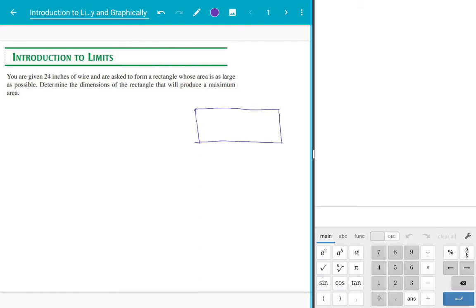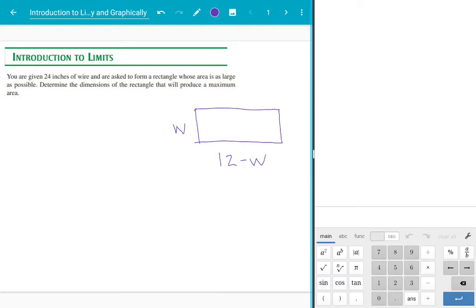Okay, so we have a rectangle. I know if I use W here, the same thing is going to be on the opposite side. Now this side here is going to be 12 minus W. Same thing with the other side, right? The reason why I choose 12 minus W is because if I use 24, keep in mind that you're working